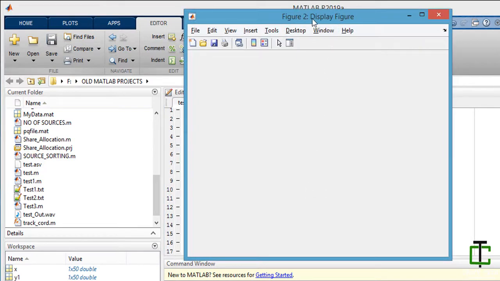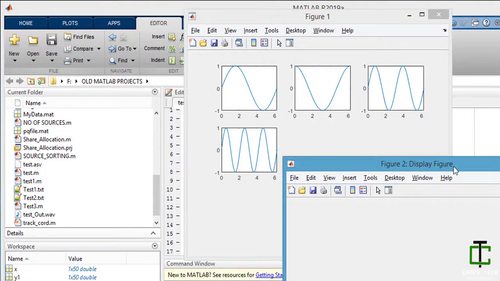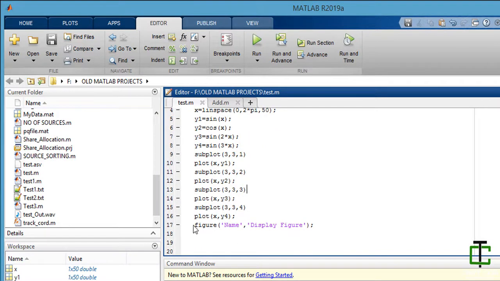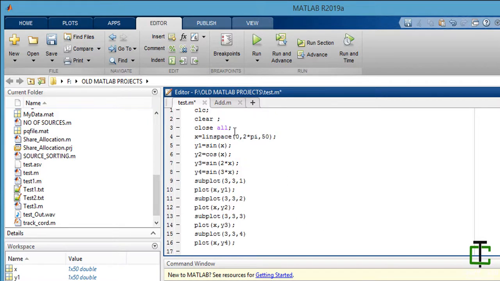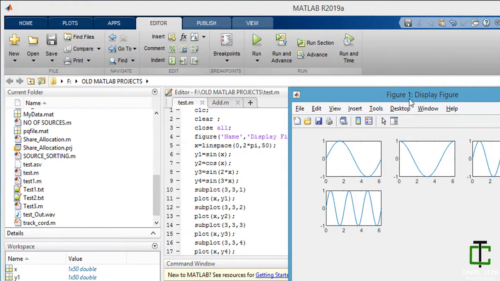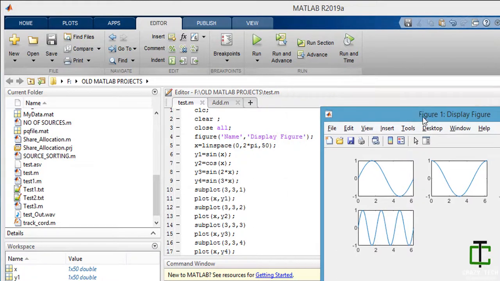Okay, display 2, it creates another figure. So I have to put this figure at the beginning of my code. Now it's working. Figure 1 display figure. So this parameter is name and its name is display figure.